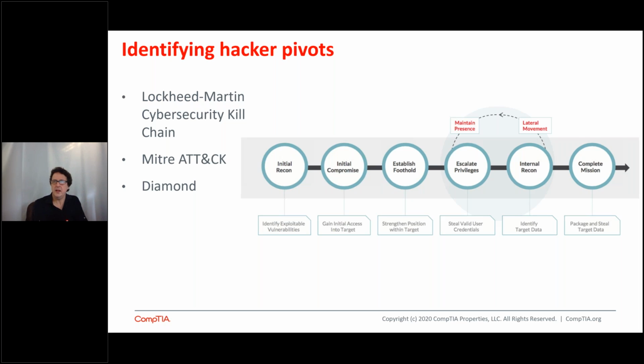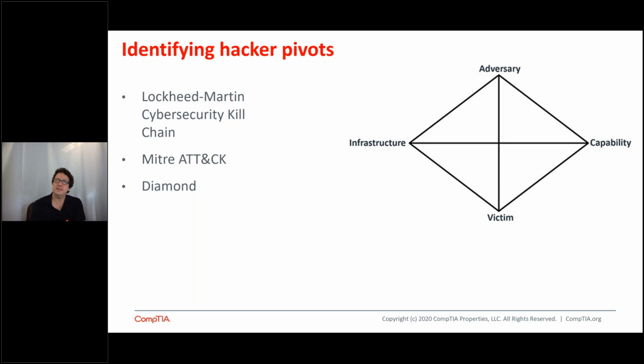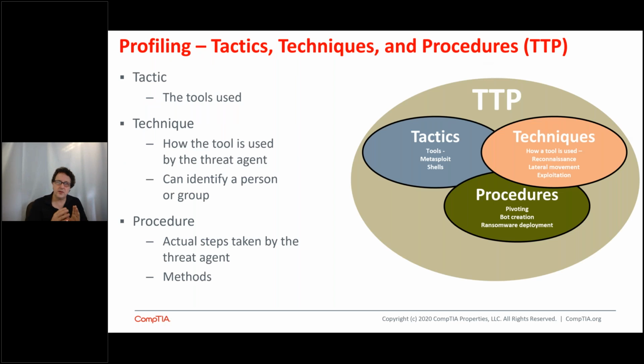There's two of them there. A third one is what's called the diamond model, and it's the idea where you can weigh the capabilities of the adversary versus the infrastructure of the victim, and how you can basically come about to understanding how attackers are working. All kind of theoretical stuff, but this is all things that cybersecurity workers need to be thinking about, because it's all about trying to profile and understand what the hacker's doing. What tactics are they taking?